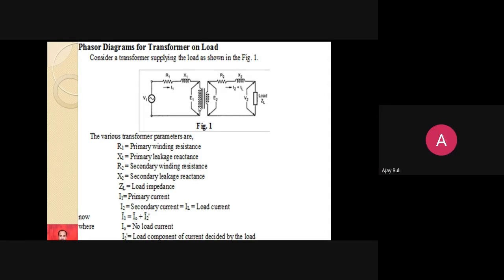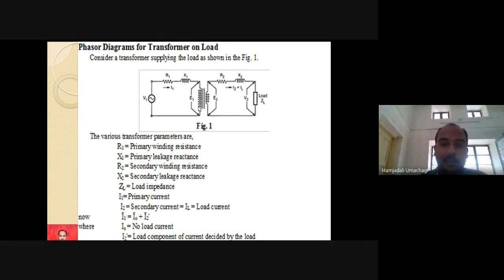Sir, but when we take the KVL loop anti-clockwise... Why are you taking anti-clockwise? Things are easier in the same direction, and whatever phasor diagram we are deriving, we are considering in the clockwise direction only. If you take anti-clockwise, once again the same thing happens: all positive values will become negative, and the negative value will become positive. If you go in a reverse direction, whichever earlier positive values are there will become negative, and the negative will become positive.